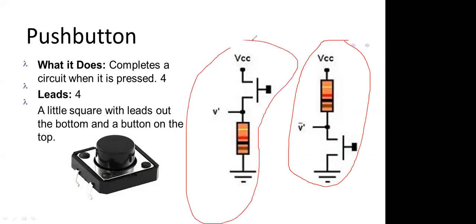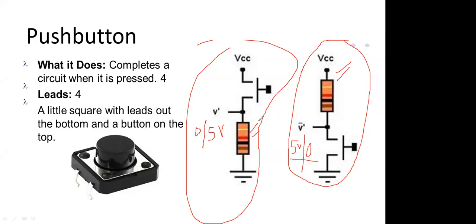Just pause it and see how it is working. When you press this button, what is happening? You are connecting this one with VCC. By default, without pressing the button, you are getting 0 volt. As you press the button, you get 5 volt. But over here, without pressing the push button you get 5 volt, and as you press the push button you get 0 volt. So that is working in reverse. This resistance is known as pull up, and this resistance is known as pull down resistor.